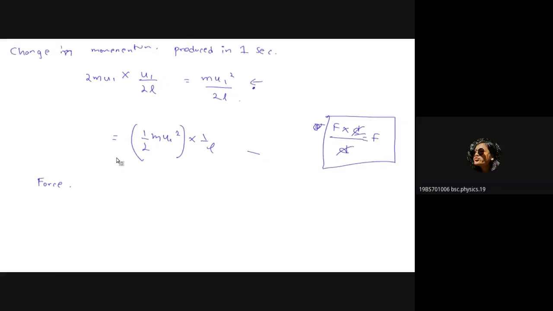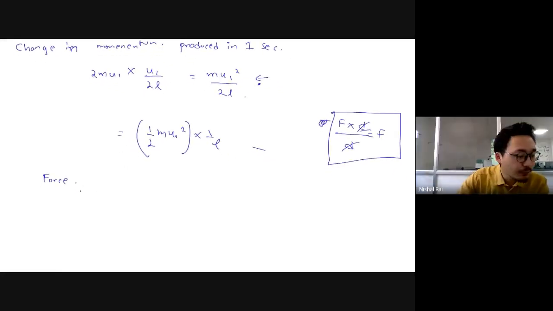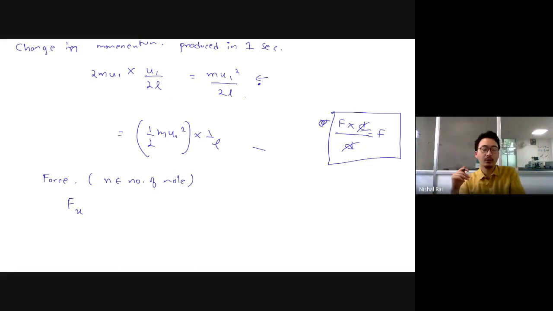So the force on the x component is basically what we are finding. We were only finding the x component of force. Now the force produced was due to how many molecules? N number of molecules. Now the force on your right side of the wall due to n number of molecules is how much? Basically this much, m by